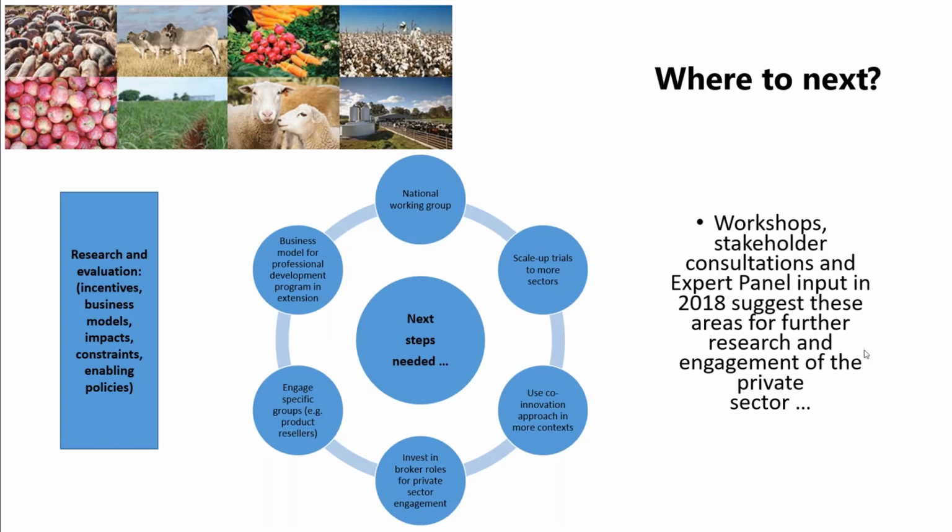And Ruth, there's a comment here saying that it seemed that through the presentation, no one's really used the term extensionist. Ruth, you did call them advisors. And the question is, how can we have professional development in a profession that does not exist? Yes, that's